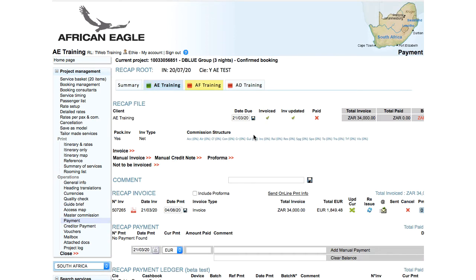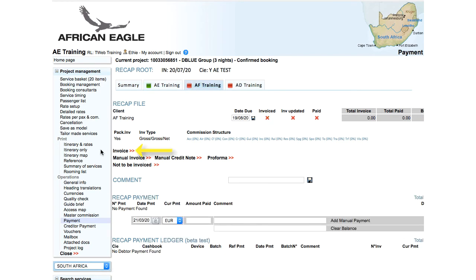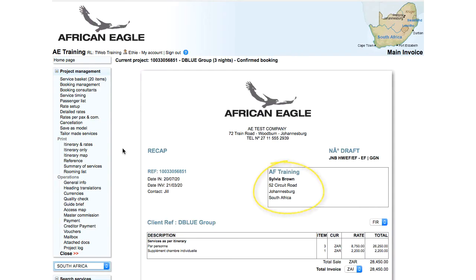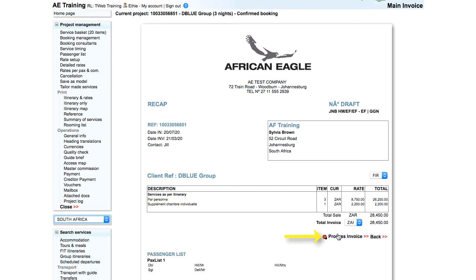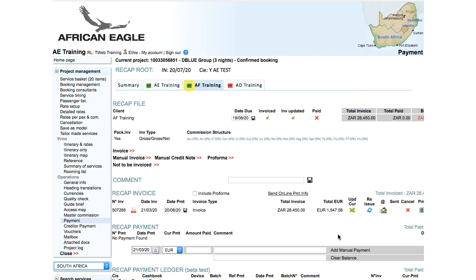To issue the invoice, for example for AF training, click on the client name, click on Invoice, note the client information here displayed for AF training, and the rate types, number of items and rates corresponding to the passengers linked to this client. Click Process Invoice. On the payment page, note the indicator is now green for this client as well. Similarly, for AD training,